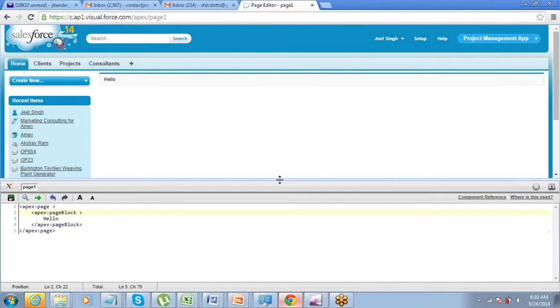Let's say you have created this page. Now you want to connect this page with a backend object. You want to display account data on this page. For example, this is a page that you are designing to display account data. When you are designing a page, you must be designing it for some object, right? You will not create a visual force page for designing a website.